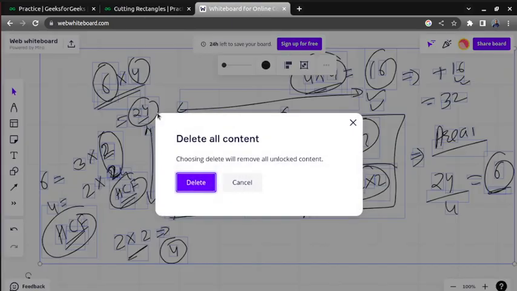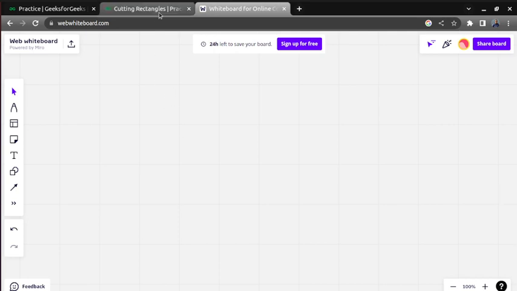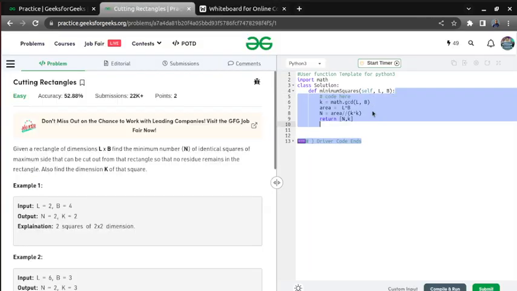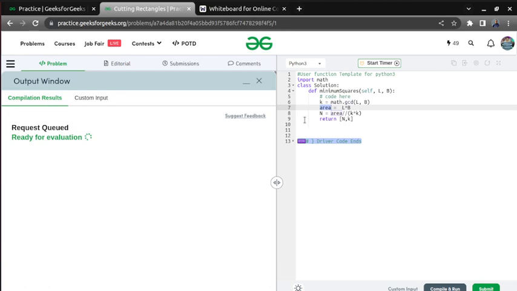Now some of you know the HCF, so we can directly write the solution, because in Python we have a function gcd, greatest common divisor. What will it give us? It will give us the greatest common divisor of both the numbers, and if you are going to find the area, it will be length into breadth, so we can get both n and k. If you try to run the solution, it runs completely.